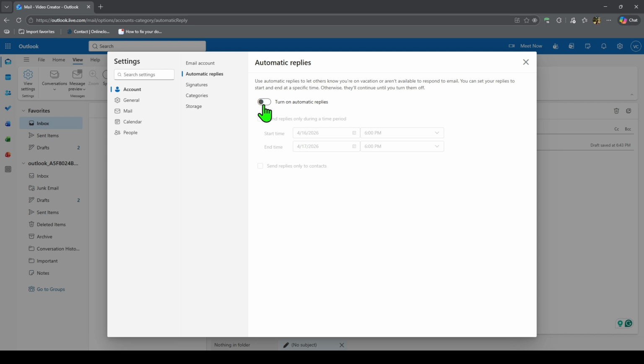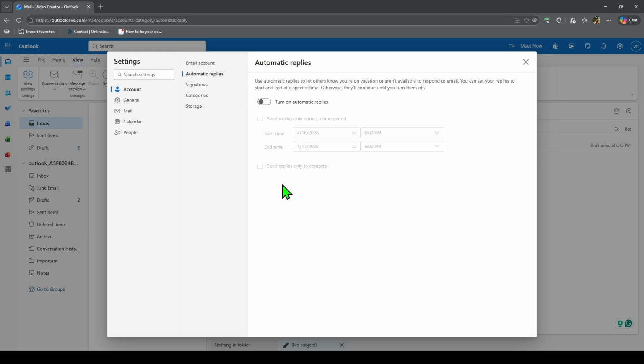If you're using Classic Outlook on Windows, open Outlook and click File, then choose Automatic Replies. In the box that opens, select Send Automatic Replies. You can set a date range so Outlook turns the replies off automatically, or leave that blank and switch it off manually later. Then type your message on the Inside My Organization tab. If you also want people outside your organization to get a reply, use the Outside Organization option and enter a